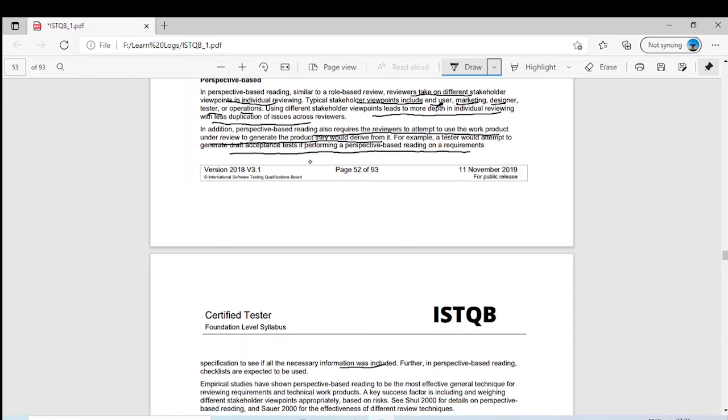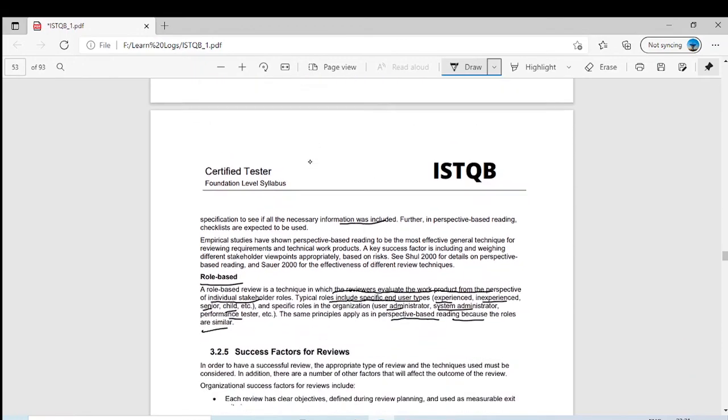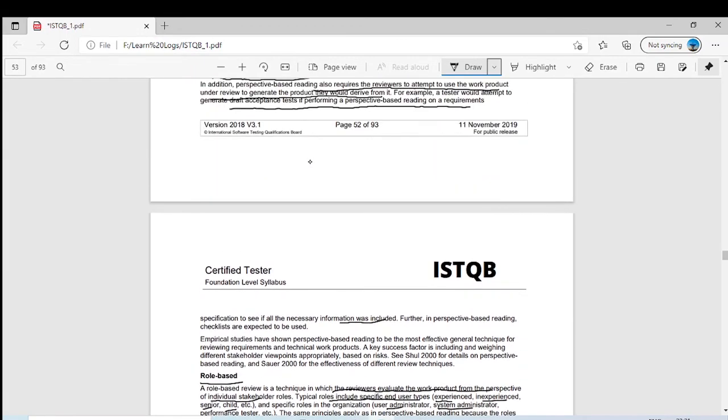So for example, there was a review of the work product of requirements. For a developer, for a coder, the perspective on requirements is somehow different. He will think about it in the way of development. But when a tester is reading the requirement, he will think about how to generate test cases or test suites, a set of test cases for these requirements. So different perspectives, different mindsets could be there.